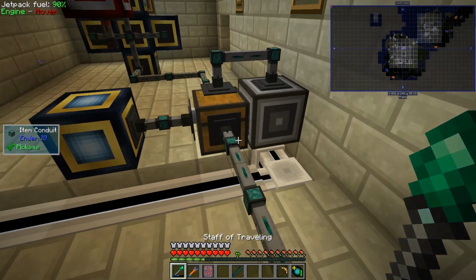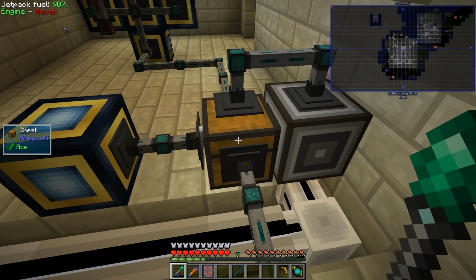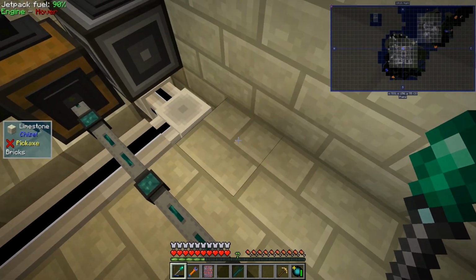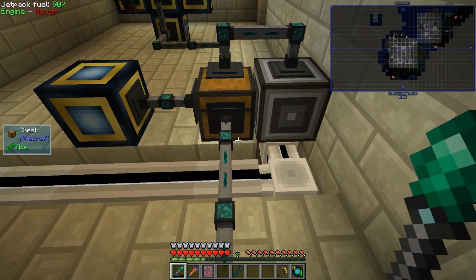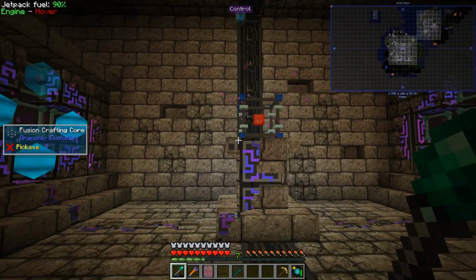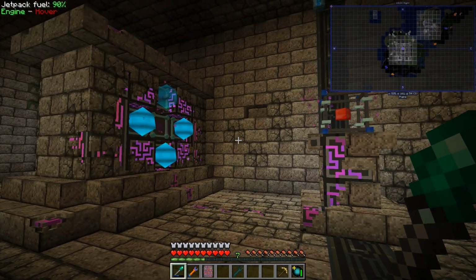But we can get another ME interface on here. Maybe put one underneath, and maybe have another chest if we need to. Actually, we could probably get another chest over here. That'll be okay. That'll be fine. Excellent, okay. So what I need to do, I need to start...